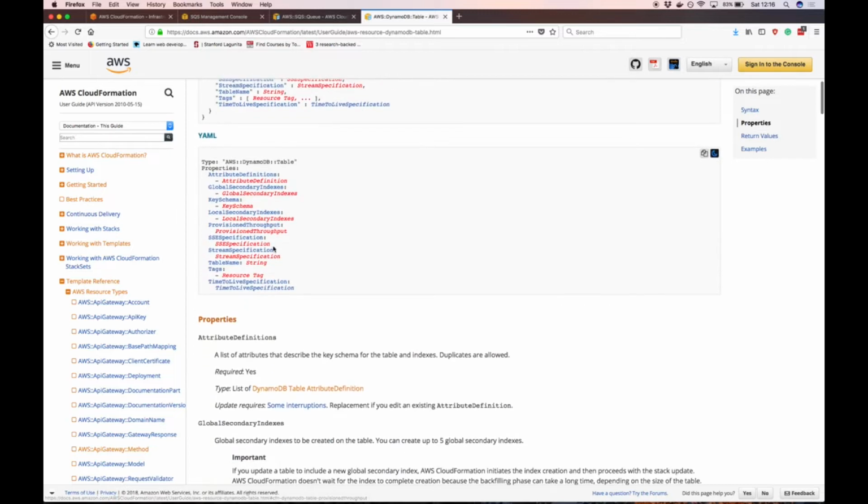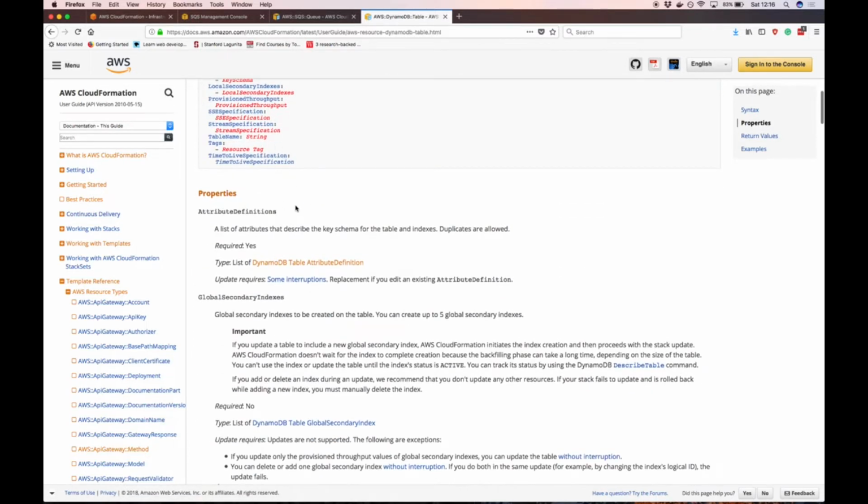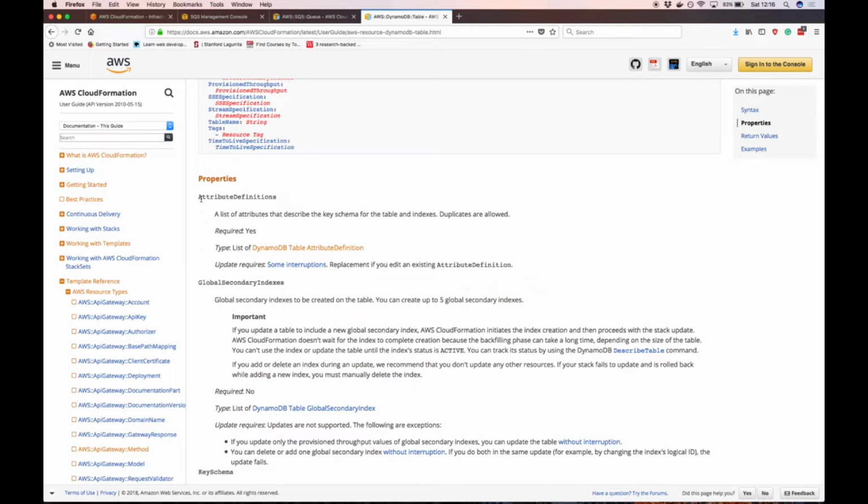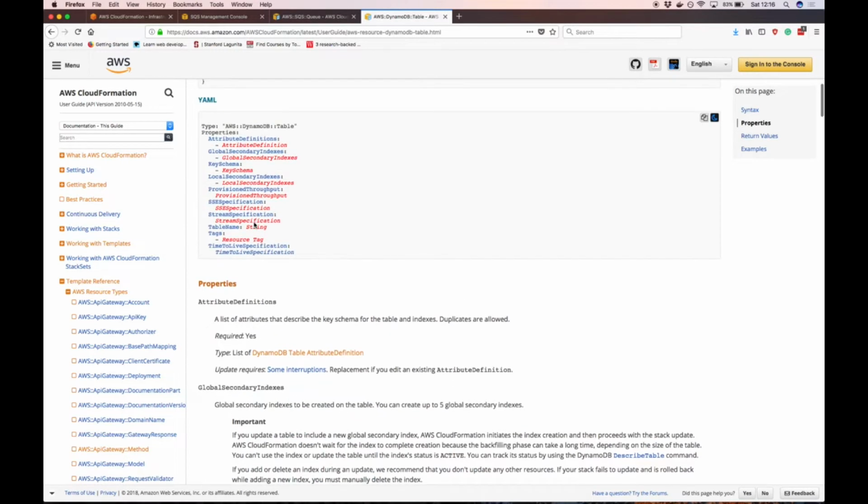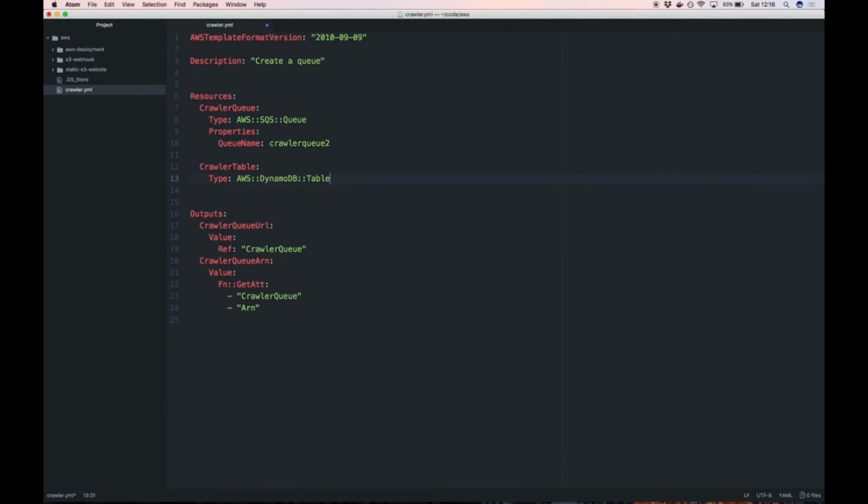So go here. Let's go through the properties one by one. Alright, first off, attribute definitions. This is a required attribute, so we know we're going to have this one. So let's first off put in properties